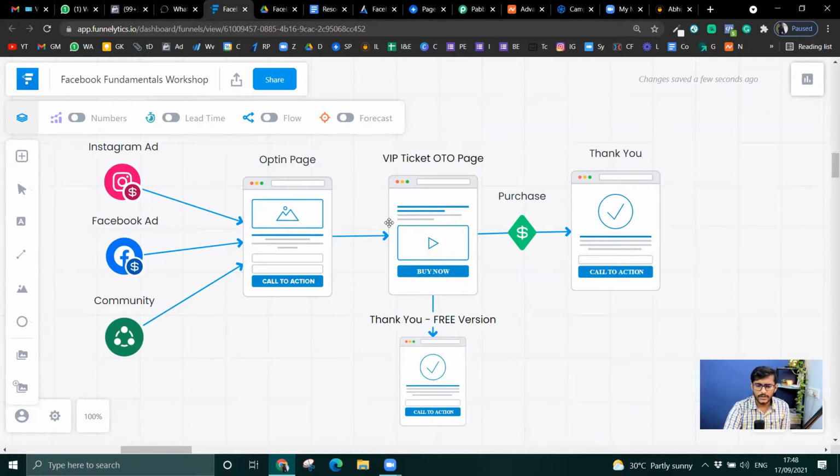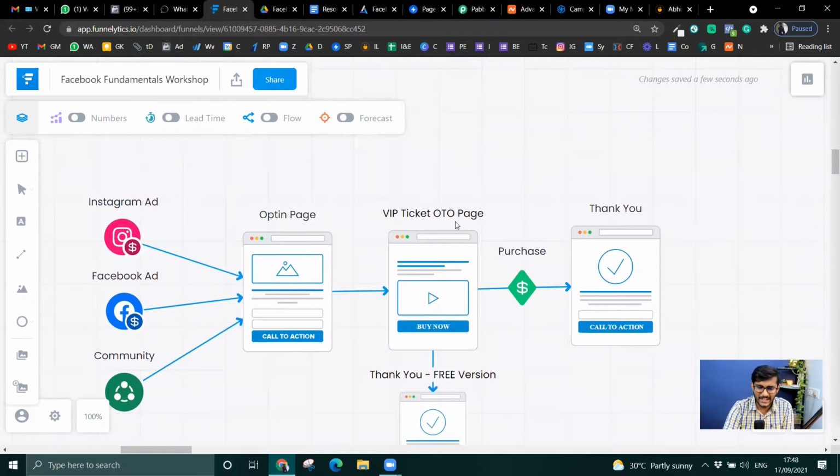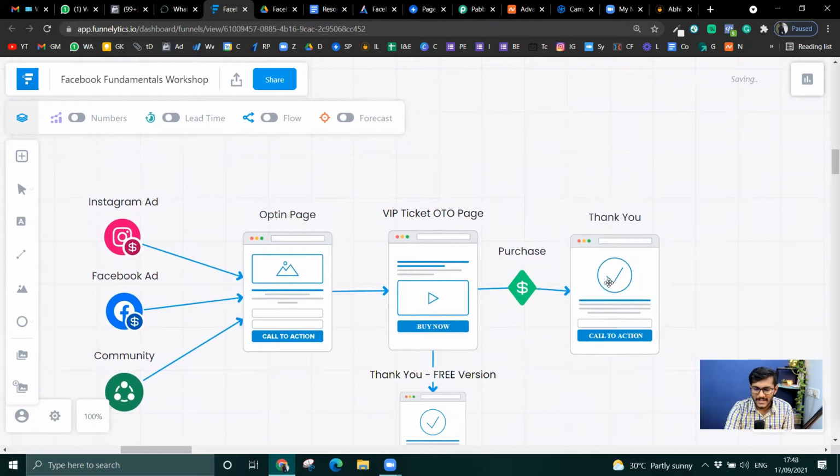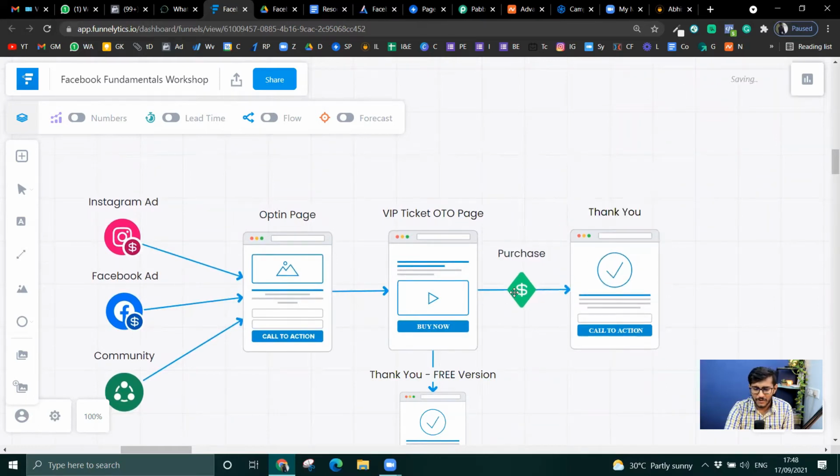Now, this is how it basically looks when I say, okay, I'm going to do the workshop, and this is how it might look. But now the real fun adds up, wherein all the actual other steps come into the picture. What are the other steps, you might say? What would be the other steps?